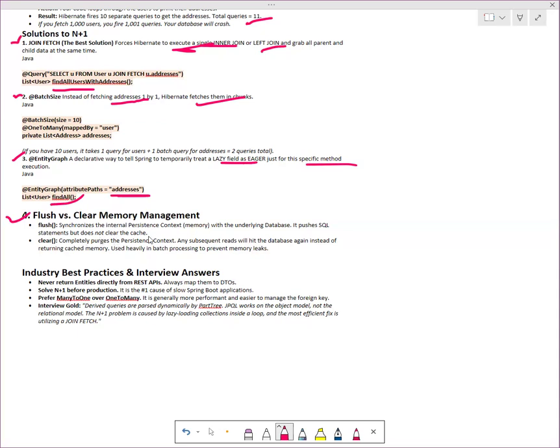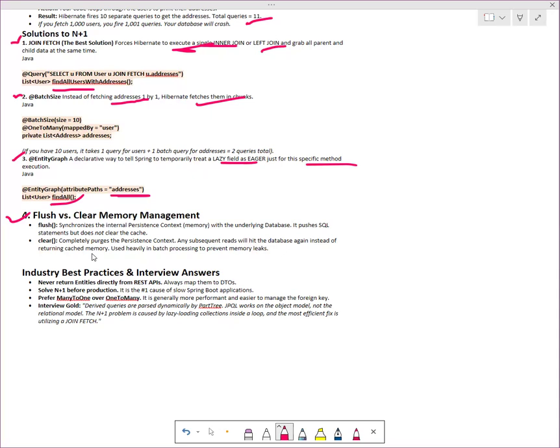Okay. Next is clear. It completely purges the persistence context. So totally, it will be cleared. Any subsequent reads will hit the database again instead of returning from cache memory, used heavily in batch processing to prevent memory leaks. Okay, so you can explain flush versus clear during memory management in your interview,